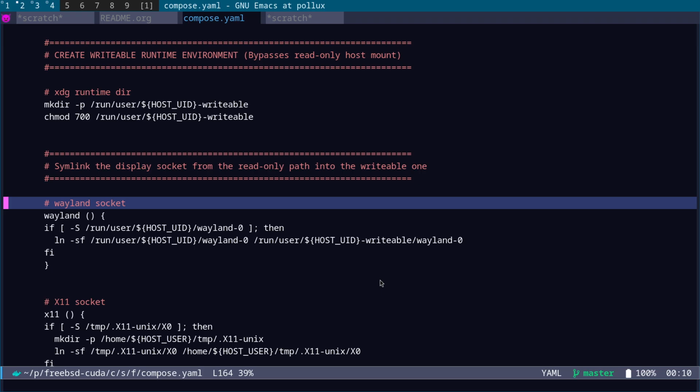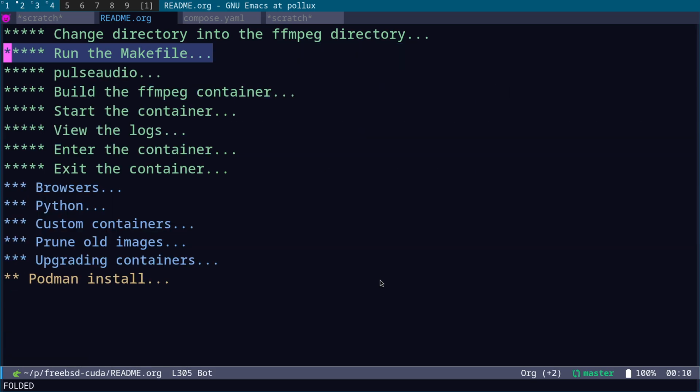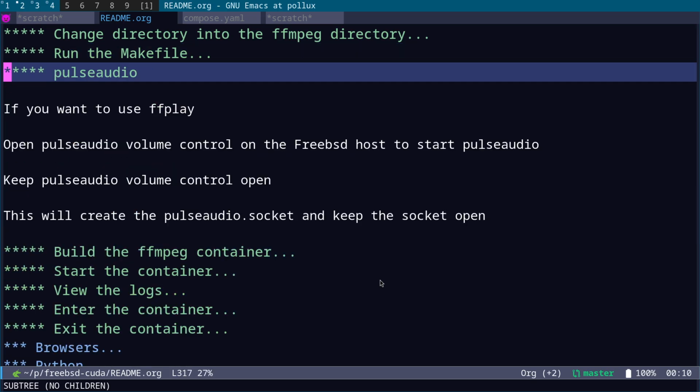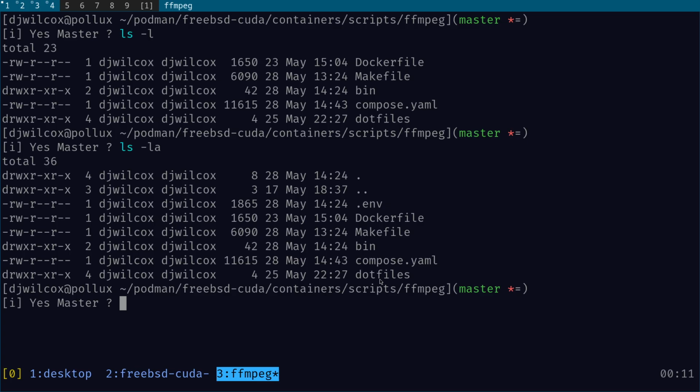Then we've got the compose.yaml file. Okay, so as I said, you run the makefile. If you want to use ffplay in the container, you need to have the view control, volume control, PulseAudio application open and kept open on FreeBSD so that the socket remains open. You don't need to do that with graphical applications because the graphical application will keep the socket open,